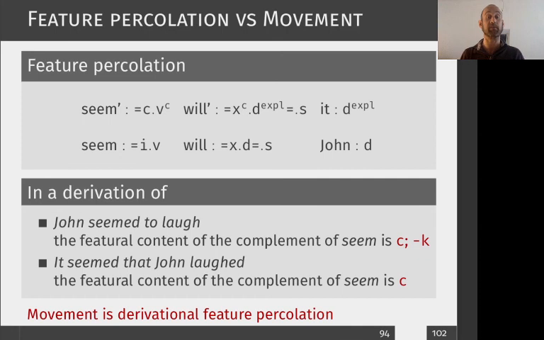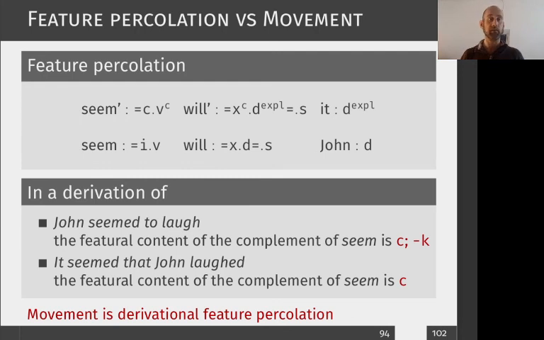So in John seemed to laugh, if we just look at the complement clause to laugh John, right, which seem selects, its featural content is C, that's the category of seem, and it has a -k expression in it somewhere. Whereas the featural content of the finite clause, that John laughed, is just C. Okay, so this -k on the first is something like feature percolation. We have a C, and then we also record, oh, and there's a -k in there too. Okay,